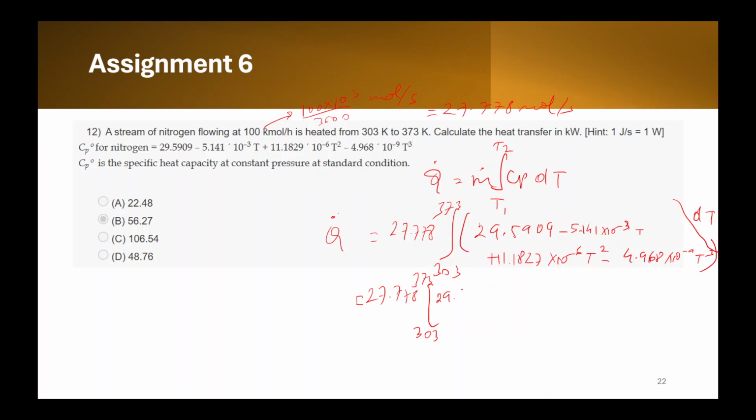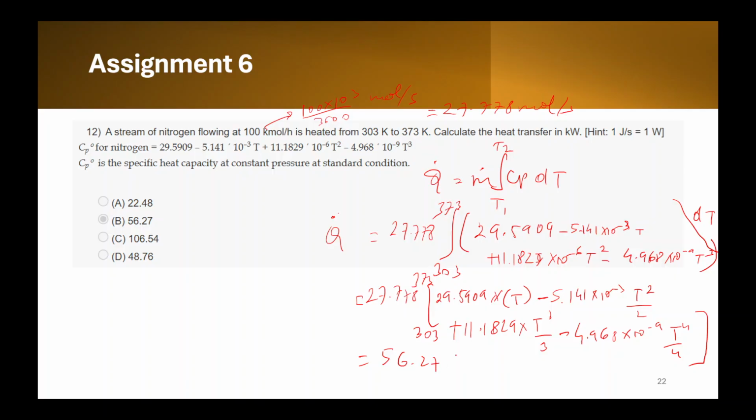So 29.5909 into T, minus 5.141 into 10 to power minus 3 T square by 2, plus 11.1829 into T cube by 3, because this is integration. After integration, it does that. Minus 4.968 into 10 to power minus 9 T4 by 4. So you put in the limits, you get the answer as